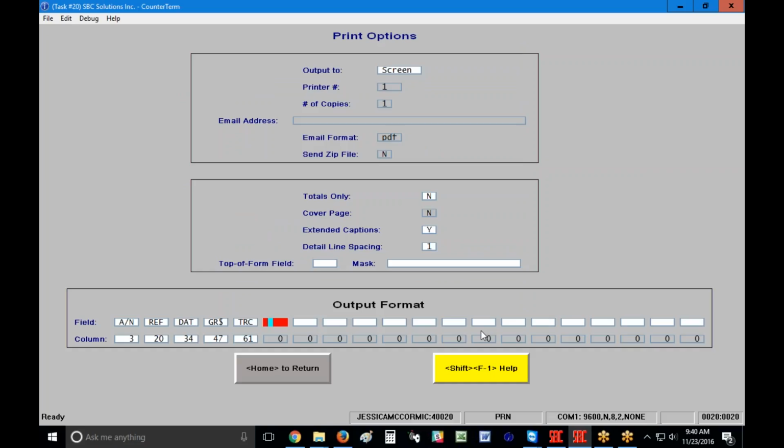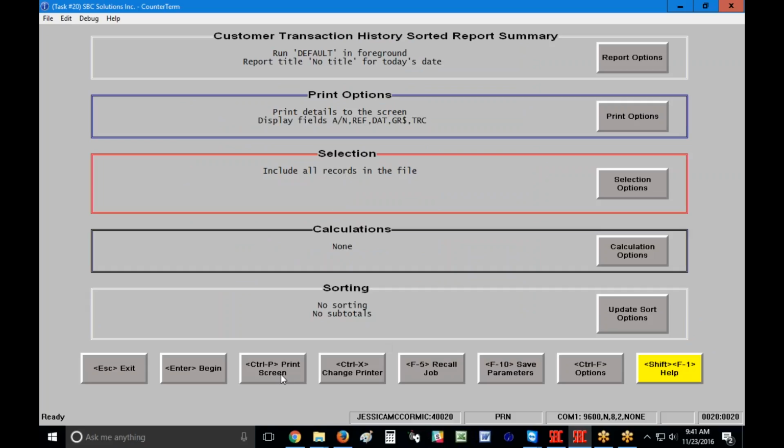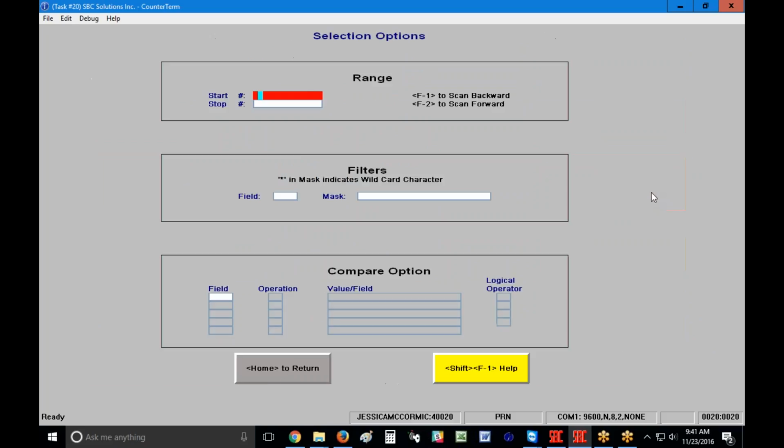I'm also going to include my transaction code. And you can put these fields in any order that you want. There's no requirement. I'm going to press home to get to my main screen. And then in the selection options, I'm going to pick my account again. Now notice that it's not including a date range at the top like it did on the last page, but